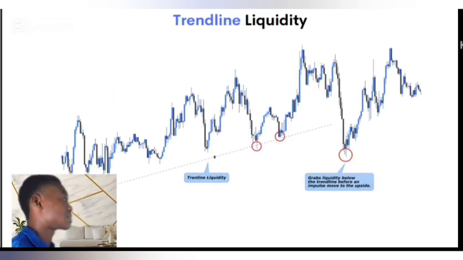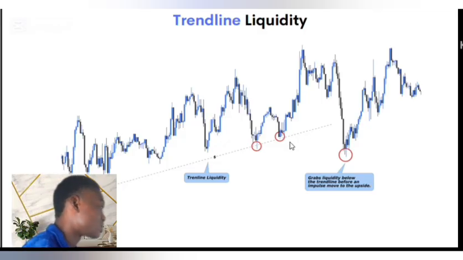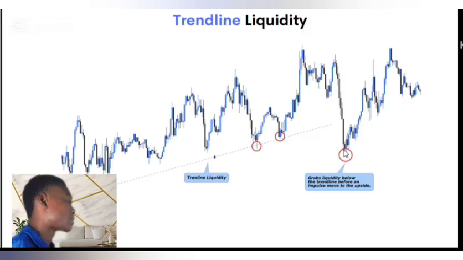So this is the chart right now. This is the liquidity. This is exactly how the liquidity looks like. As you can see, this is the trade line liquidity, and price did grab liquidity right here before moving to the upside. Before pushing up to the upside, this is a huge move. And what I'm trying to teach you guys is to be catching all these types of long moves. You understand? Whenever price grabs liquidity, it's going to have a strong, mighty move. You understand what I mean?